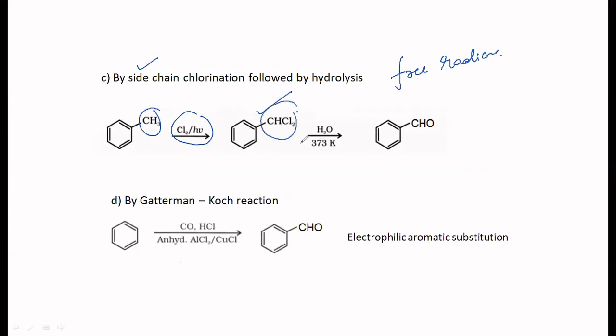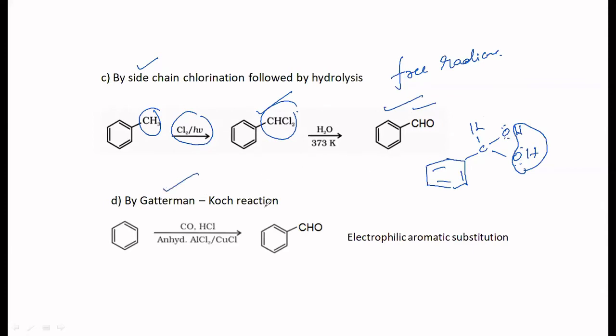When this is hydrolyzed, initially you are going to get this compound. Both the Cl will be substituted. Nucleophilic substitution happens. You will get OH and OH here. So a carbon having two OH groups is unstable because of repulsion between the lone pairs. So immediately it will lose a molecule of water and you will get this. So that is another important method.